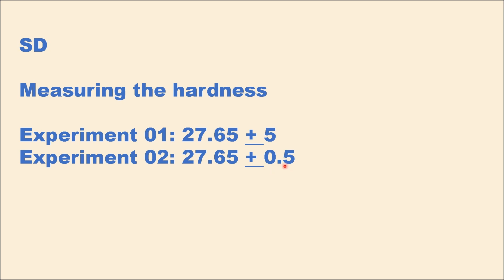So even though the average is the same, the first experiment's wide variation indicates inconsistency, while the second is more precise and reliable. And without knowing this variability, we can't confidently say that the observed trend will always be true